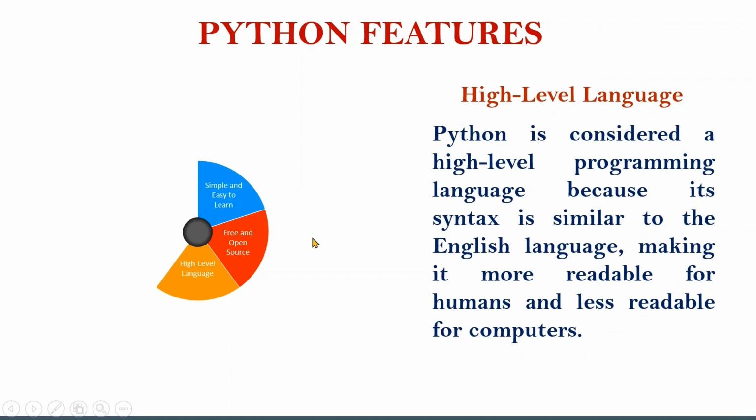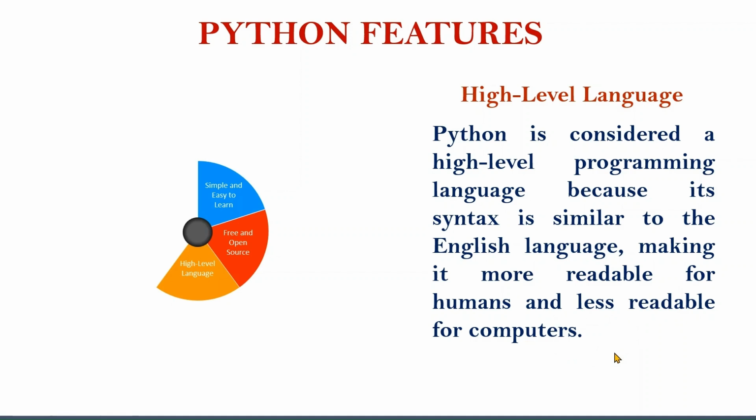Now Python is a high-level language. Python is considered a high-level programming language because its syntax is similar to normal English, making it more readable for humans and less readable for computers. As we know, computers don't understand normal English. The computer understands only the binary format, that is zeros and ones.